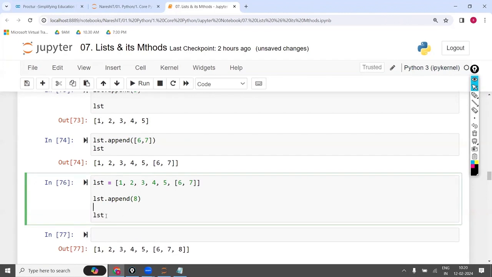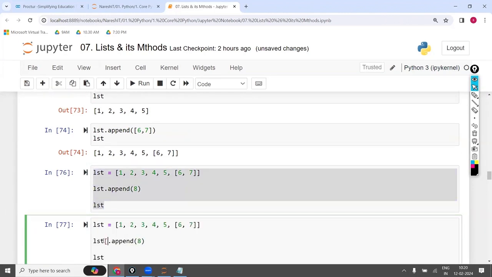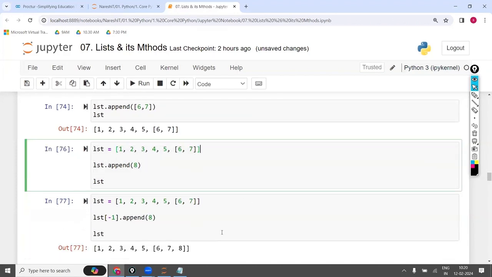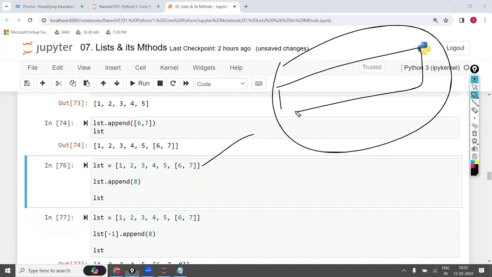This is a separate question, and this is a separate question. This question is different and this question is different. First, let's start with the first line. Line number 1. So first it is going to create one object: 1, 2, 3, 4, 5, list of 6, 7. This is the line number 1. Up to line number 1 is clear now.